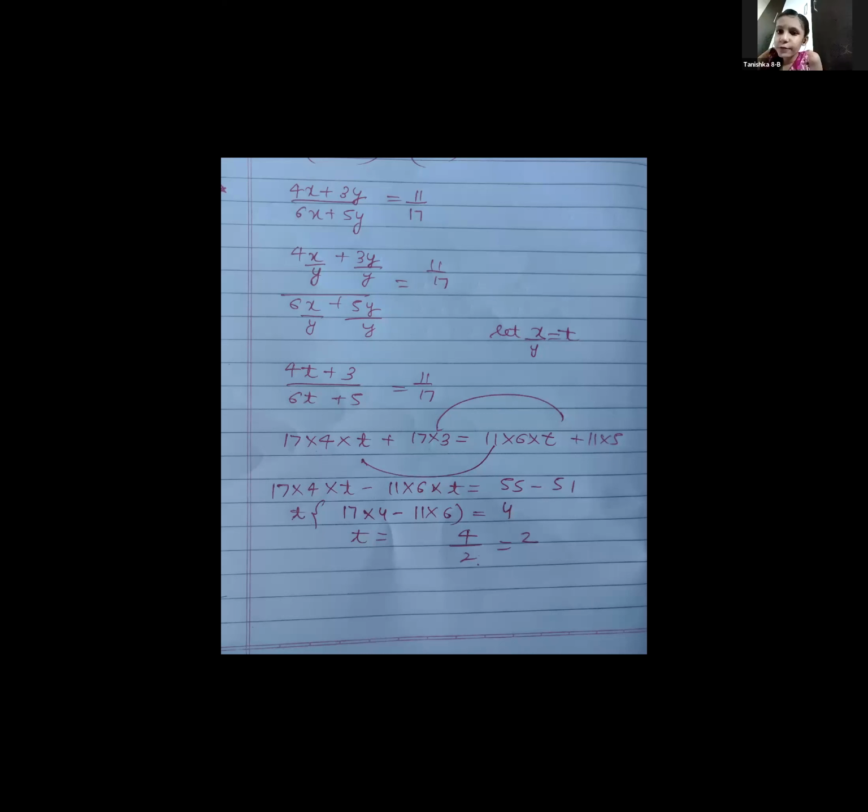इसमें तो 4/2 कैसे आया सर? मतलब सर 4 कैसे आया? Did you check the calculation? 455 minus 51, 4 हो गया ना? सर मुझे 2 आया. अच्छा सर उसका 4.